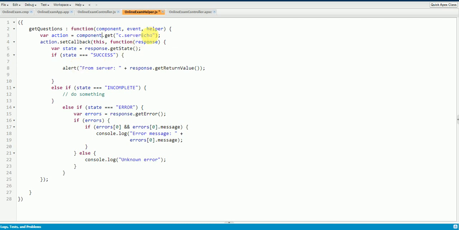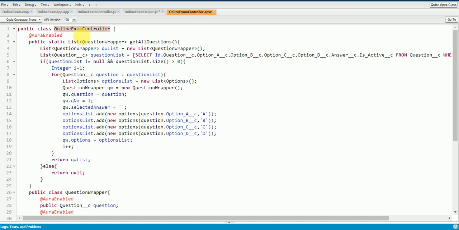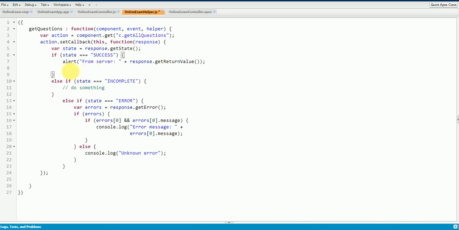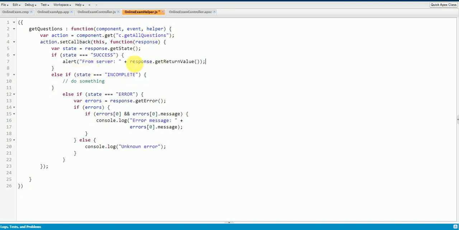So here we have to give the method name of the class. So go back to your Apex class. This is my method name, just copy this and paste it here. That's it. So as of now, I'll just print the values we are getting. So I'll do a JSON.stringify and just see what items we are getting from the server side controller.